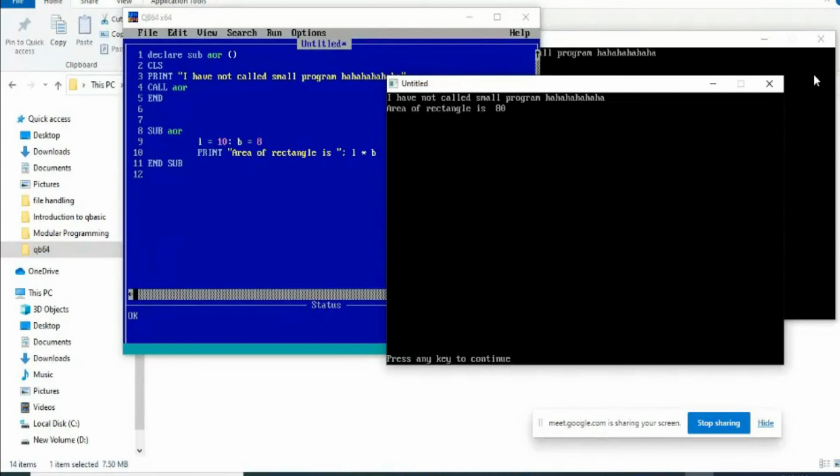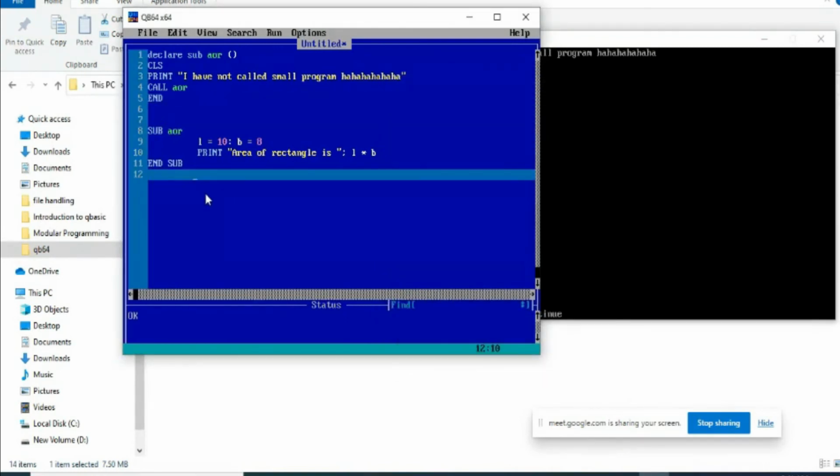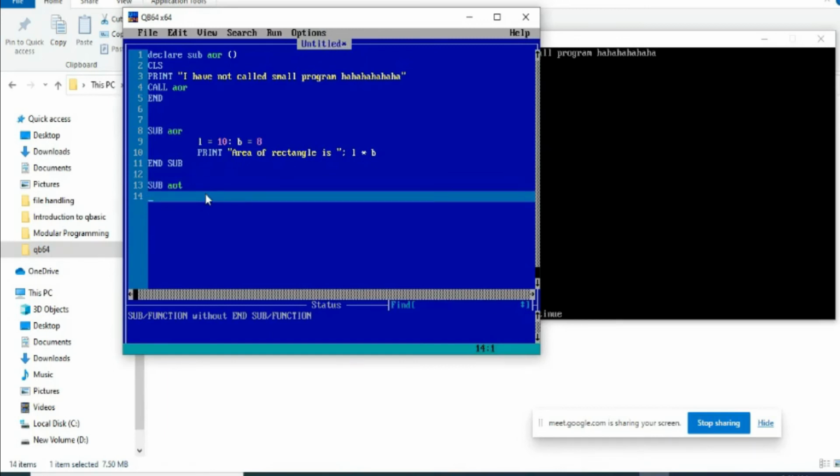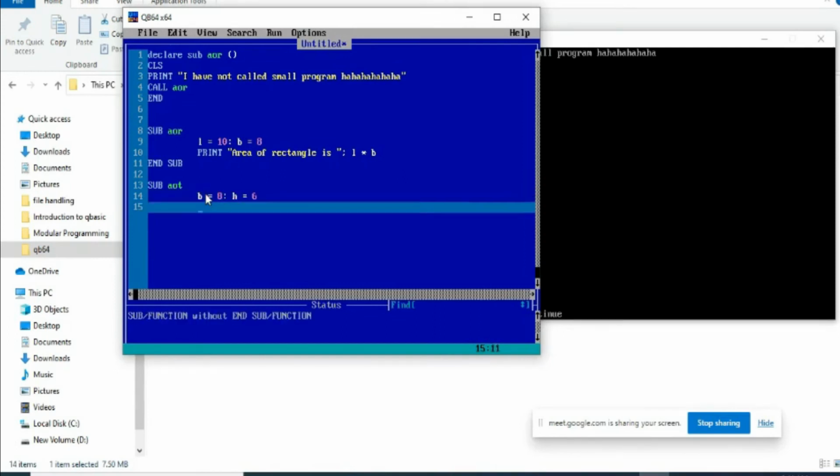Yes, sir. Sir, after that ends up, we can write another program as well. Yes, you can make as many as, let us make another one also. Area of rectangle, sub area of circle. Not circle, it will be quite big. Okay, area of triangle. And I'll keep base as 8 and height as 6. And again, let me print area of triangle is